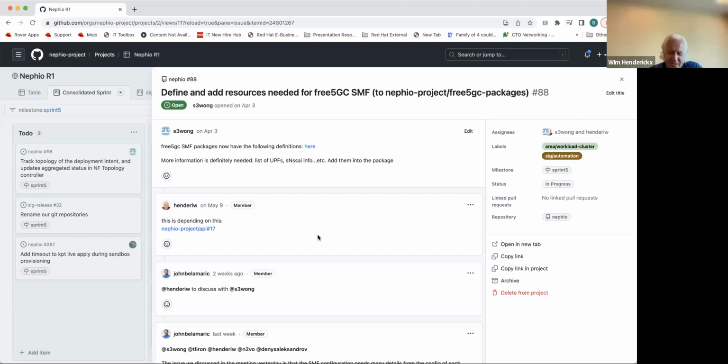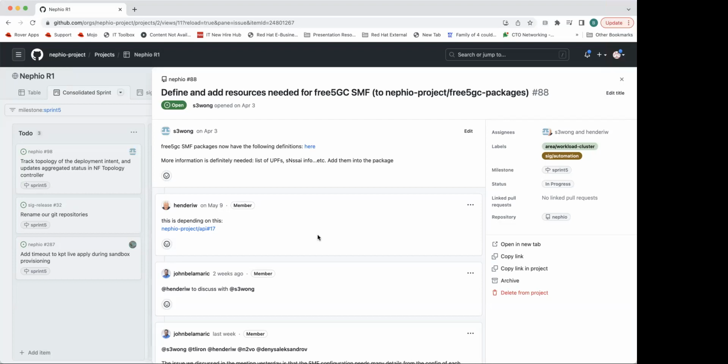I'm working on the lower half first today, which is the SMF piece. A couple of things. The first thing is my fork API branch has a pending PR for something unrelated, and there are some comments. Let me fix that. If someone can merge this, I can put in the new API changes. I have a pending PR on the NF topology, so that kind of eats my branch up, and I'm not able to set another API.